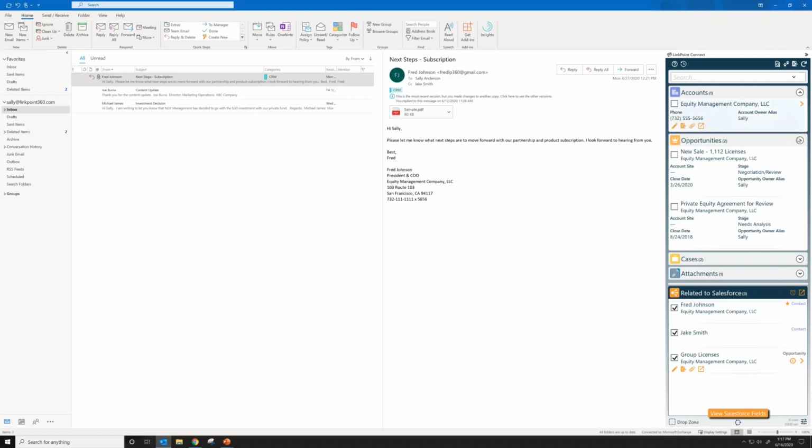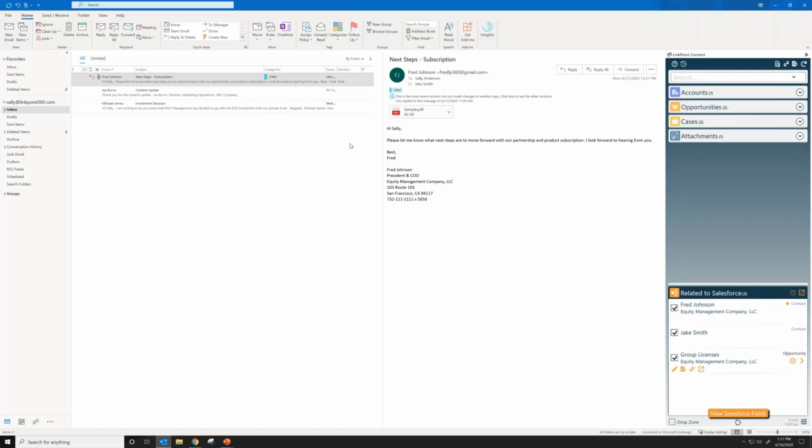This email has an attachment on it. Let's just clean this up a bit. And you can see that it's just sort of hanging out here as my sample PDF. And there's an attachment section over on my side panel. If I want to record the attachment at the same time that I'm recording the email, I just check that box. And now you can see the attachment is